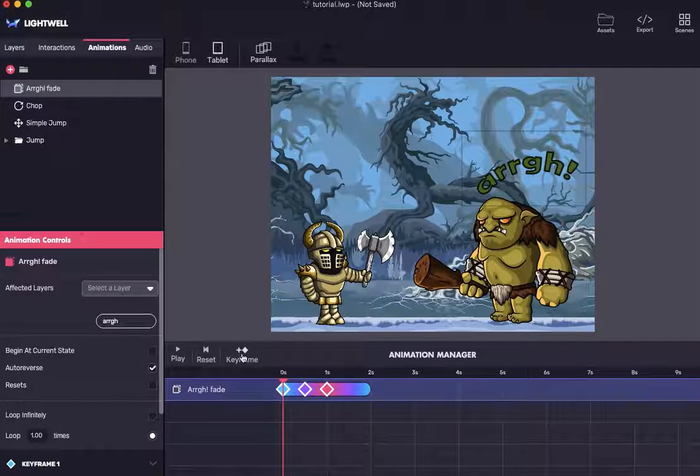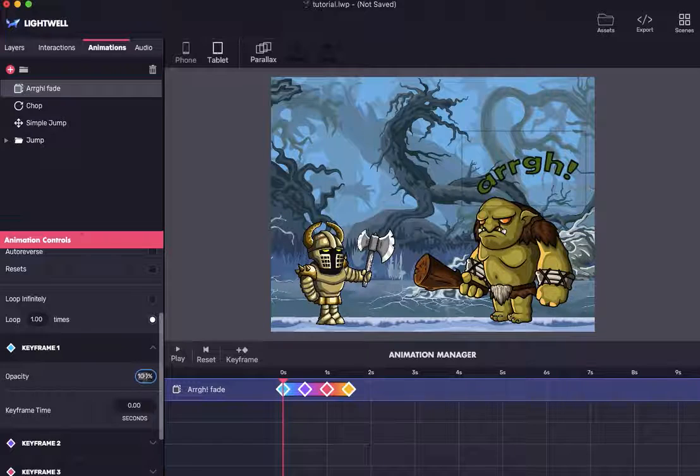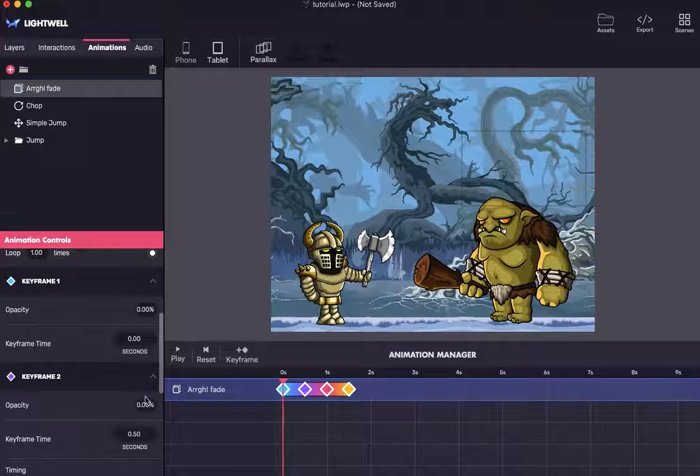I'm going to immediately add 2 additional keyframes, and you'll see why in a second. I'm going to turn off auto reverse. So what is going to happen is, by default, Lightwell makes it fade out. So if we preview this, you'll see it fades away, and then those other 2 keyframes don't do anything. We're going to say in keyframe 1, the initial state is actually completely transparent. It's faded away. In keyframe 2,